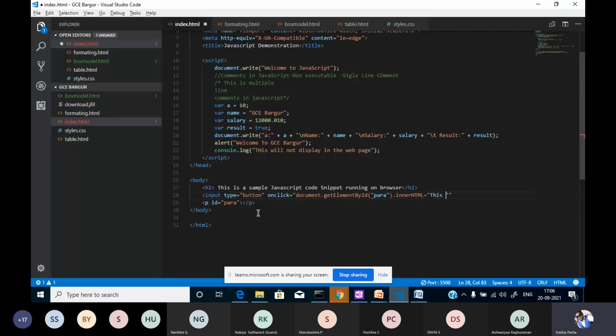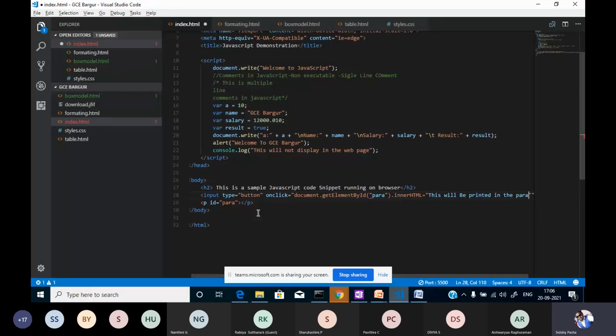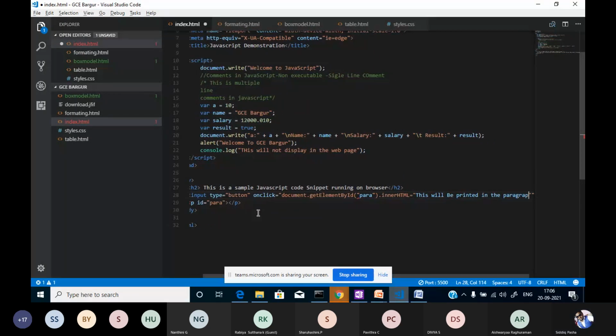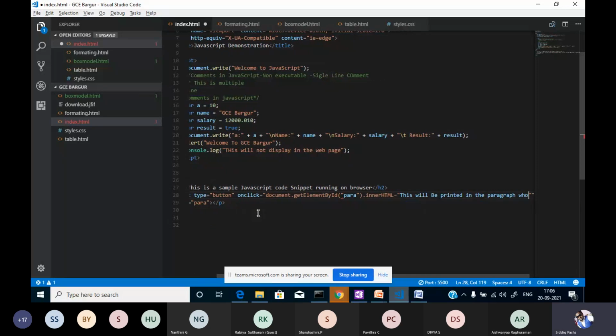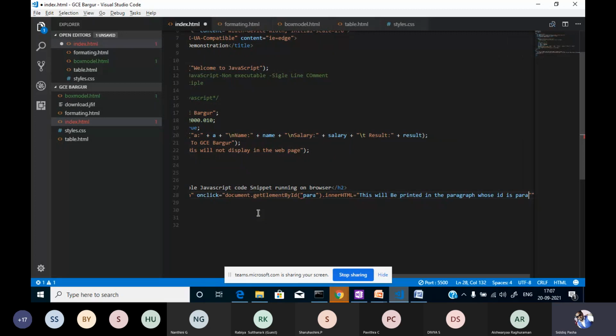This will be printed in the paragraph whose ID is para.